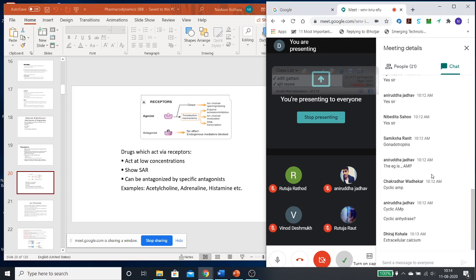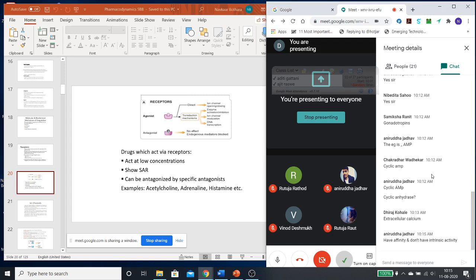Then we have seen what an antagonist is. Antagonists are drugs which are having, what is the definition? They don't have any intrinsic activity. If they don't have intrinsic activity, we have seen the example of the car and driver. So if there is no intrinsic activity, this drug will not be able to act by themselves. But what they can do is, just like a person who doesn't know driving can go into the car and will not allow the actual driver to drive the car. So definitely the activity from the car will be slowed down. Or similarly, this will happen. Yes, they have affinity and they don't have intrinsic activity.